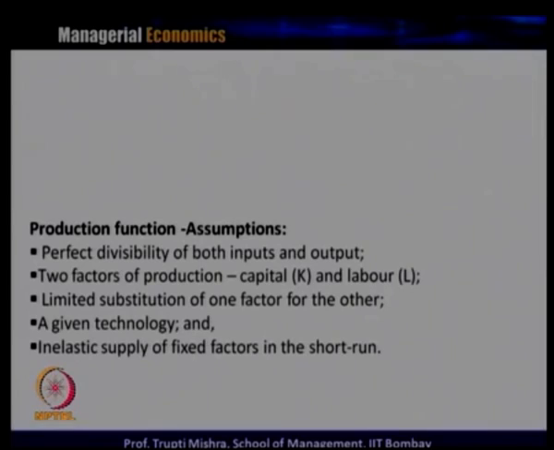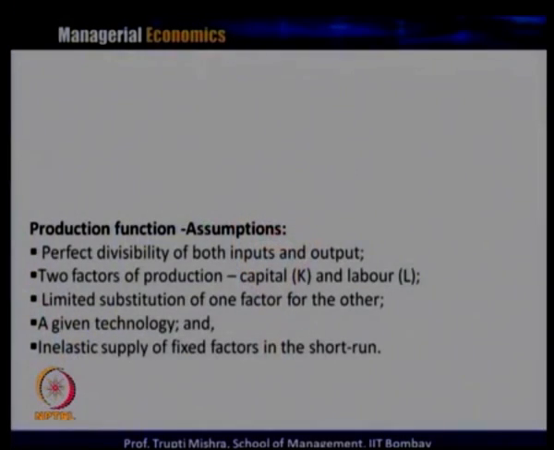Two factors of production are generally used; you do not use more than two factors. There are a number of factors of production like labor, capital, time, raw materials, technology and entrepreneurship. But for all this analysis, whether short run or long run, we generally use only capital and labor as the inputs. Then we assume that both factor inputs, labor and capital, are substitutes for each other, but only in a limiting sense. There is no unlimited substitution; they are not perfect substitutes.